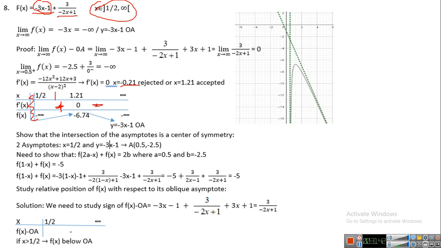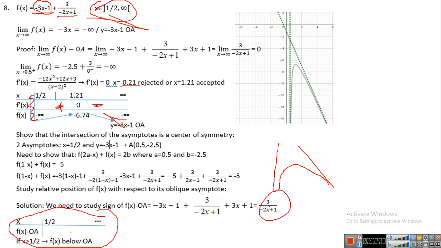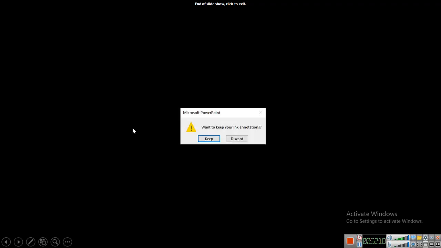So you have here vertical, here oblique asymptote. It must be between vertical and you have one oblique. It must be that form where you have it here. Show that the intersection of the asymptote is the center of symmetry. You can check it. Relative position, you start from half till infinity because the domain is half till infinity. So here, if you take any value after half, for example, you can take 1. You can see it's minus, so as you can see, the curve is always below. This is the oblique asymptote, and this is the curve. The curve is always below the oblique asymptote. So that's it